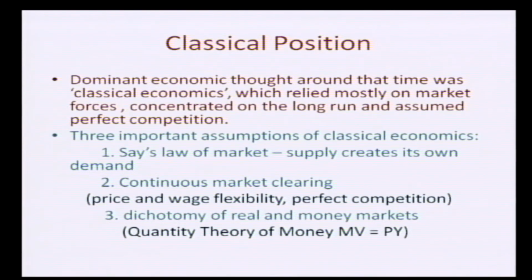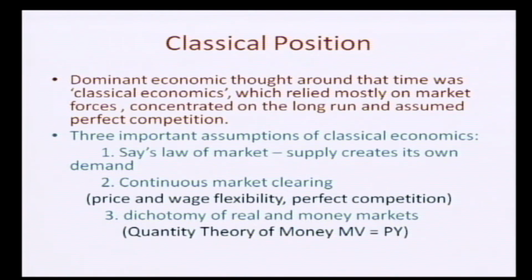If there is excessive demand in the market, the supply will increase and prices will increase. If there is oversupply or overproduction in the market, the prices will decrease. Similarly, if there is excessive supply of labor in the market, there will be a decline in the wage rate. If there is a shortage of labor, if there is excessive demand for labor, there will be an increase in the wage rate. So through the flexibility in prices and wage rate, the market will clear and the economy will be in equilibrium. There is perfect competition in the markets.